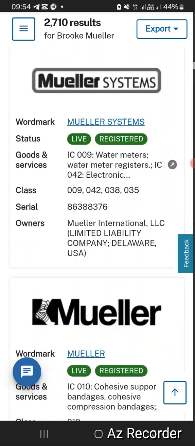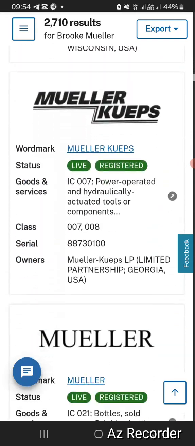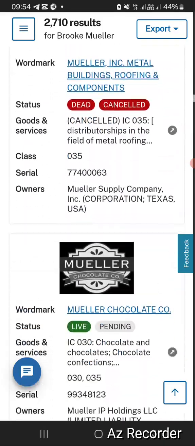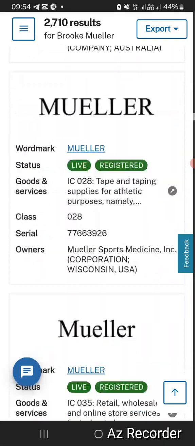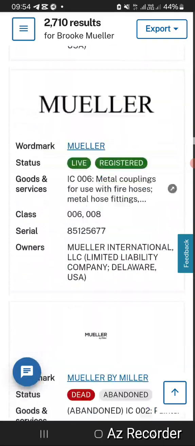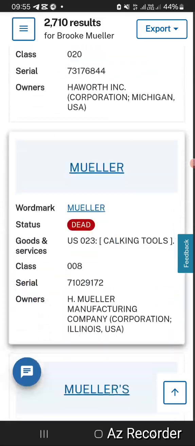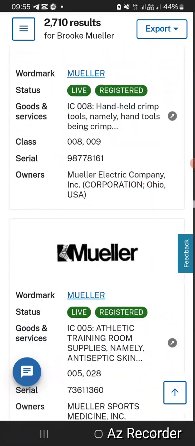So what you are looking for is Brooke Mueller. What I'm seeing here is mostly Mueller, not Brooke Mueller. So I can't see anything related to Brooke Mueller here. It shows that this title is a very safe title to write about. I will drop the title name so you can start working on it. So once you've done your research and see that there's nothing close to Brooke Mueller,